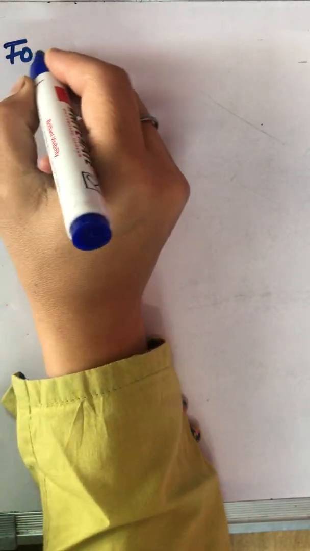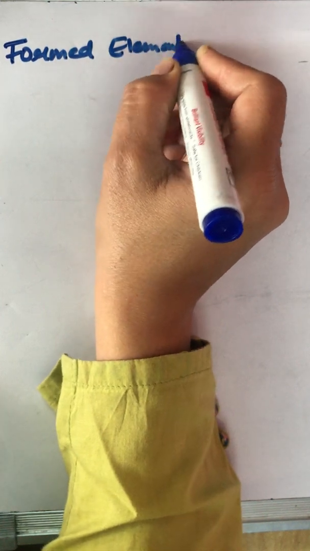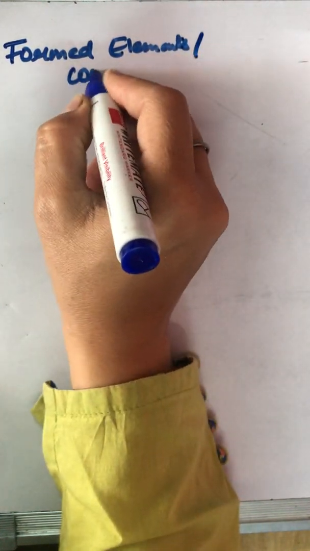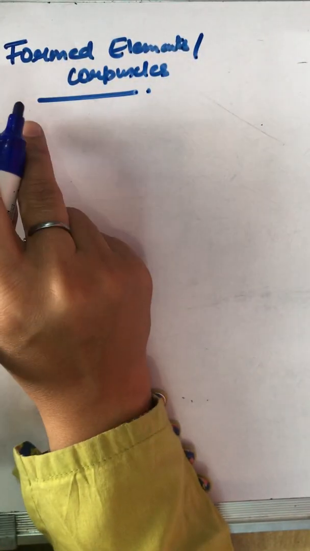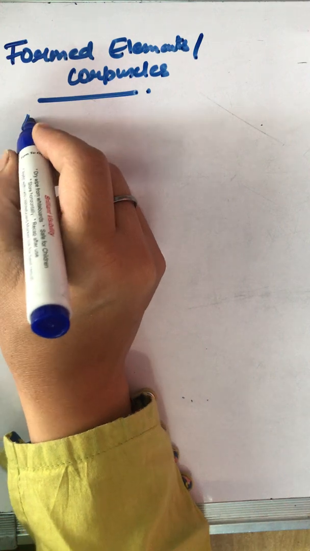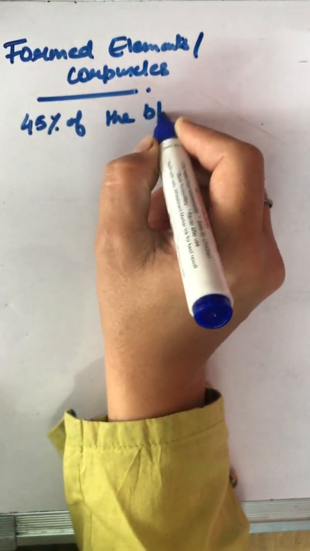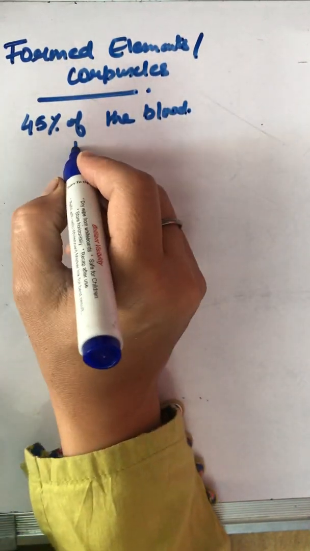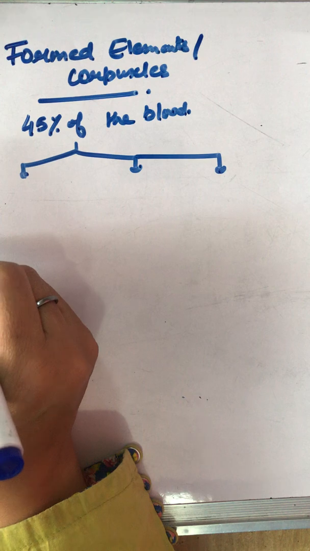Topic: formed elements or corpuscles. When we talk about formed elements or corpuscles, these constitute about 45% of the blood. And there are three kinds of formed elements: